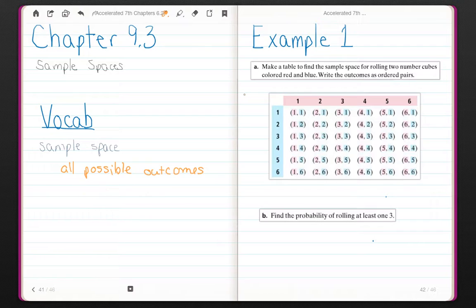So here at example 1, make a table to find the sample space for rolling 2 number cubes colored red and blue, or rolling 2 dice, a red one and a blue one. Write the outcomes as ordered pairs. All of the numbers in red represent the red dice, and all of the numbers in blue represent rolling the blue dice. So if I roll those 2 dice,